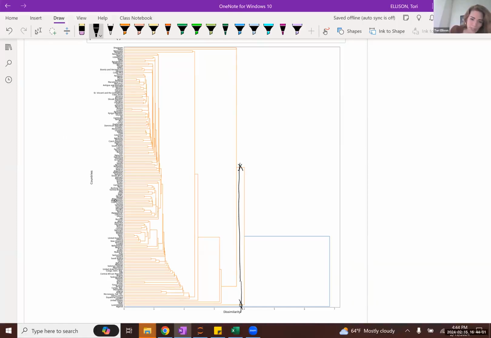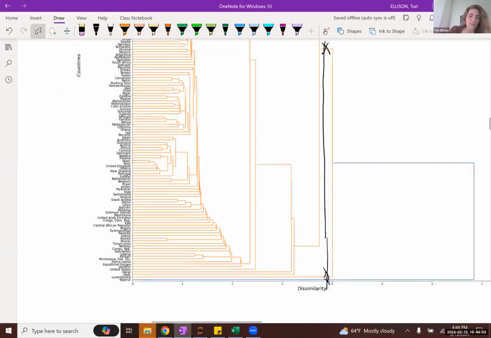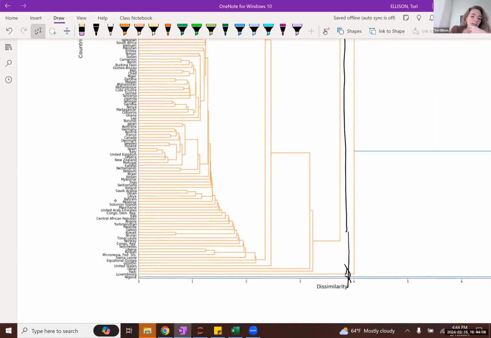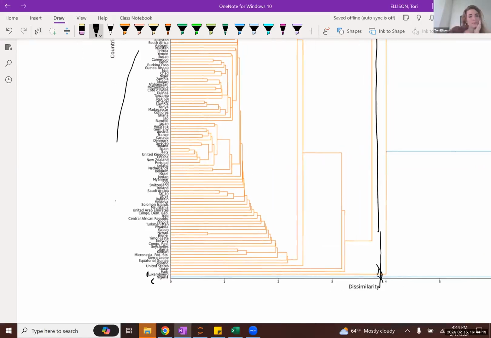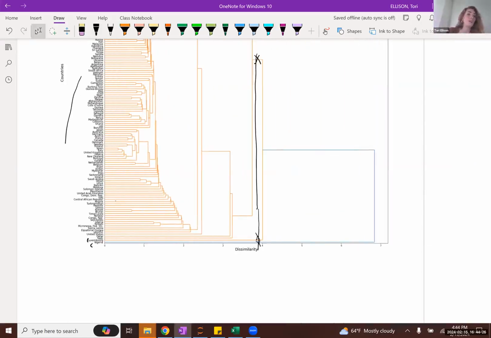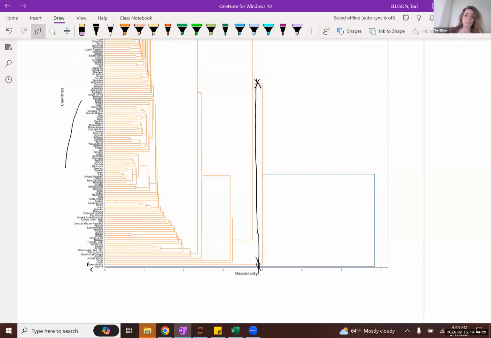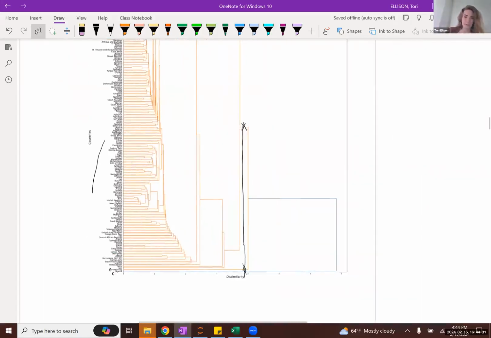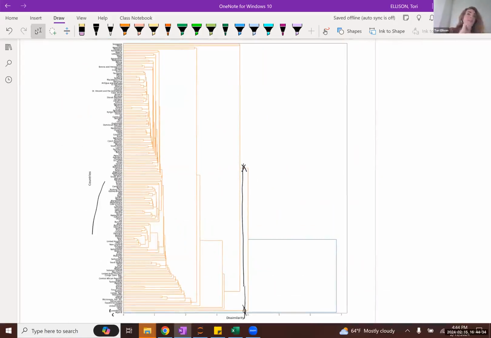So I see my three intersections here, but unfortunately, if I look at the clustering with three clusters, then the clustering that's created is one with Nigeria by itself, one with Luxembourg by itself, and then every other observation in another cluster. So again, this is not really helping. It looks like, as we go further down the tree, what